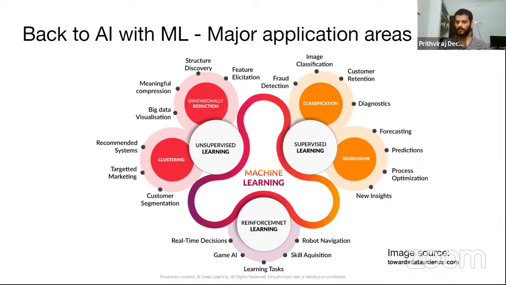So maybe you can target those customers specifically for any certain things. So you can use it for customer retention. You can use it for diagnostics. So machine diagnostics in airplanes or in industries, you can use machine learning to detect if there's any fault in the machine. So the machine can classify between a normal machine and when a machine starts behaving faultily. Similarly, we have regression. We can use it for forecasting, making predictions.